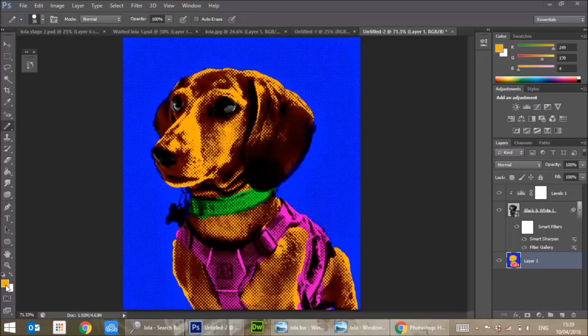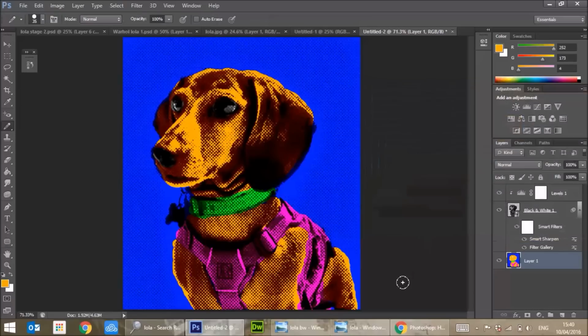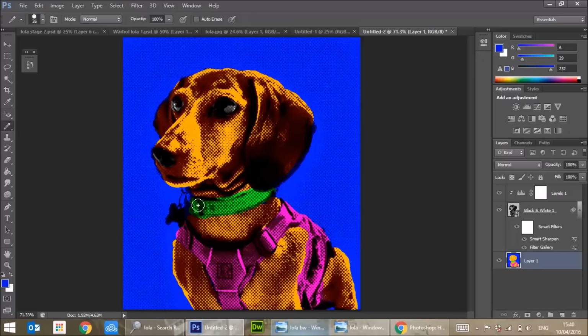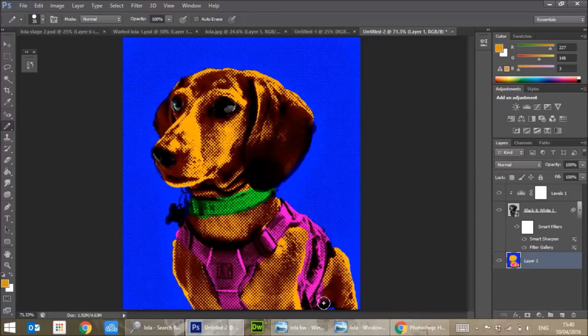If you make an error, what you can do is change the colour back to the colour that you want it to be. So I've gone over with my pink here, I've gone a bit too far, and I can go back, and here I've got a pink bit where it should be blue, so I'm going to choose blue again, and then I can go back over that bit and make it blue again. And this bit should all be skin coloured, for instance, fur coloured in my case, and I can correct